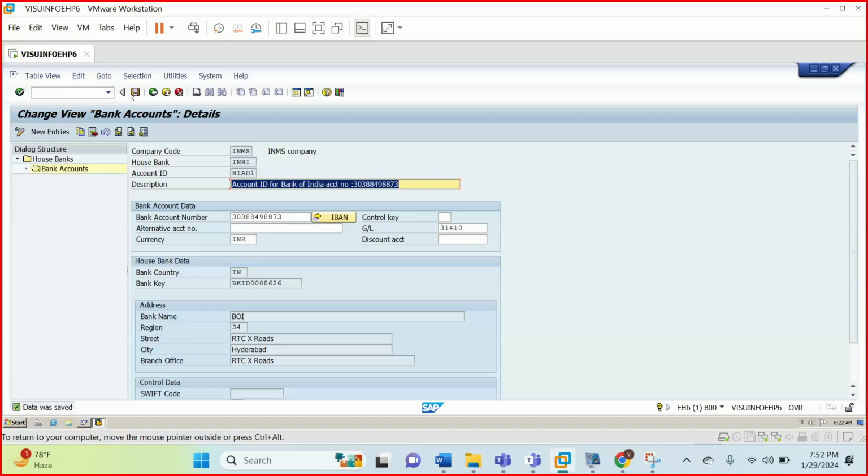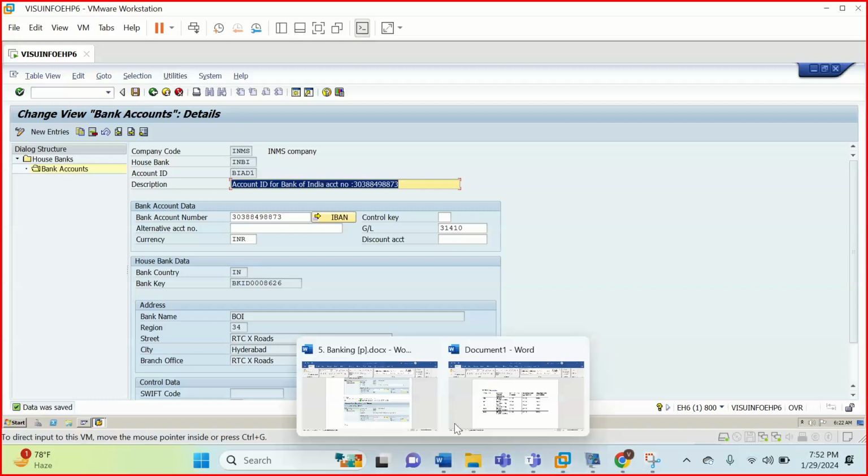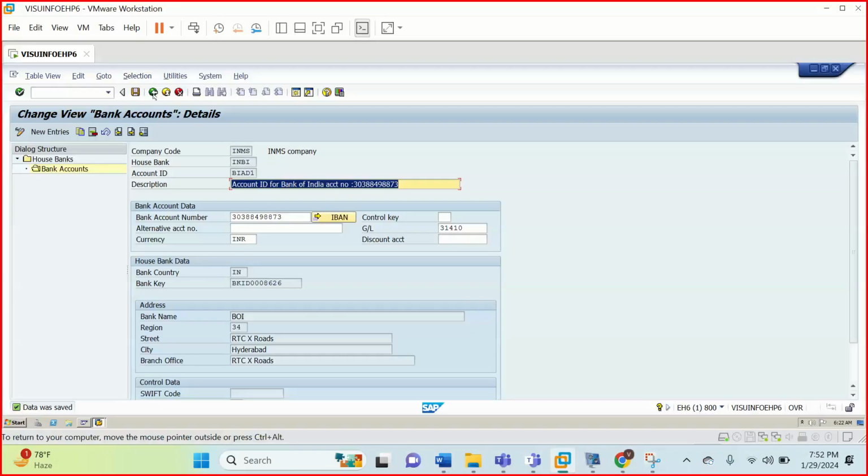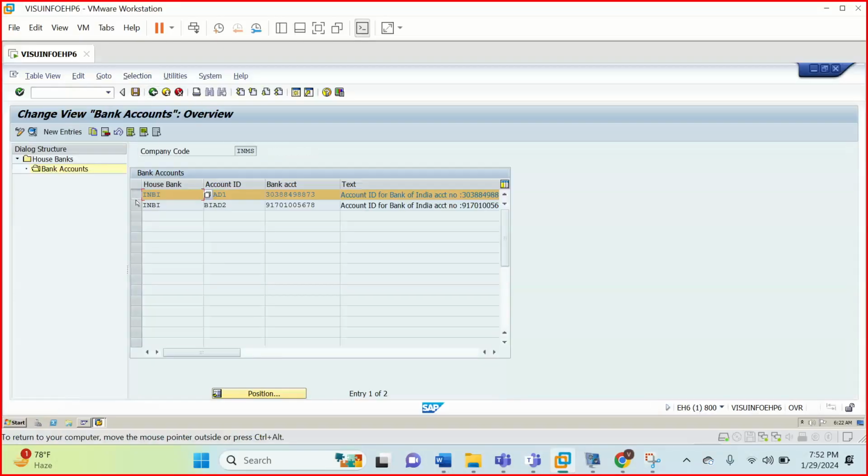If you really understand the accounting subject, it is very easy. Even our parents are uneducated, even then they are also doing accounting. Yes or no? It is very simple if you understand the business process. Next, go to BIAD2. Select this and